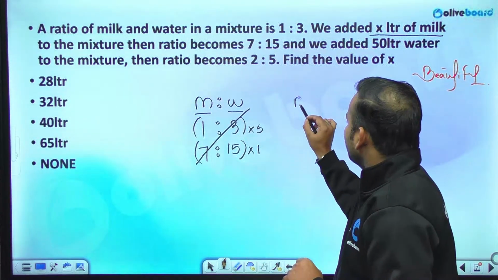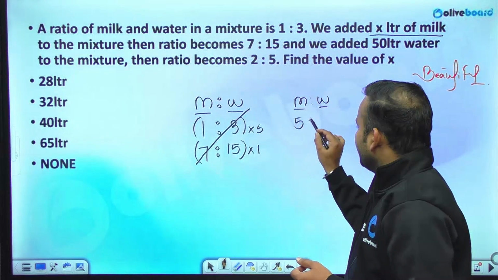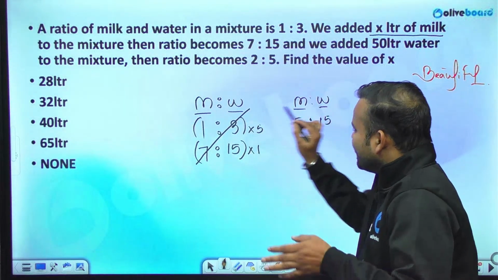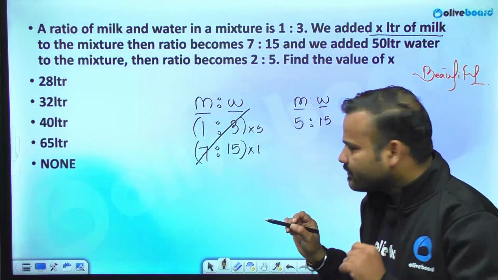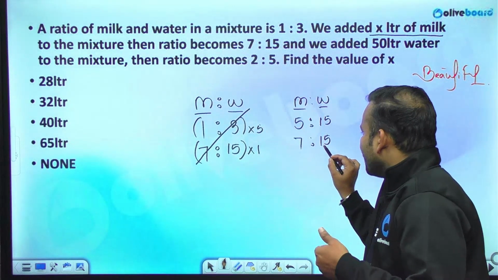So what is the ratio of milk and water now? The ratio of milk and water becomes, initially it was 5:15. 1 and 3 and 5:15 are the same ratio, and this is 7:15. The moment I made this water wala part constant,